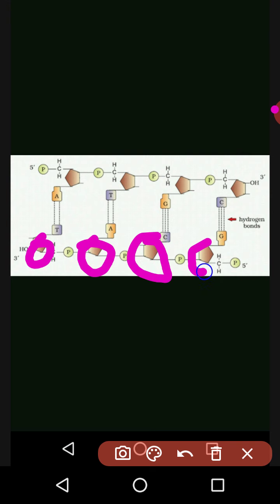Now we are going to study the three major components and how the DNA structure forms. First are the nitrogenous bases, which I have already explained. The second major component is called pentose sugar. This pentagonal structure is called pentose sugar. Clear? So this is the second component. First is nitrogenous bases, five types of them. Second is pentose sugar, and next we are going to study the third one.